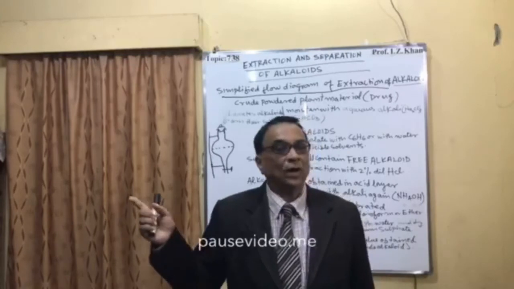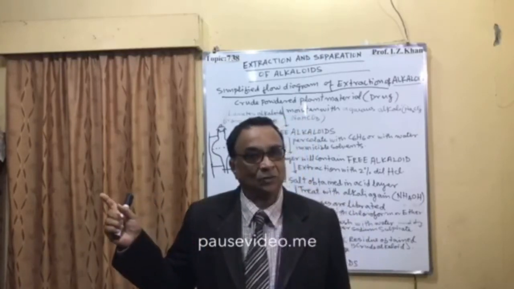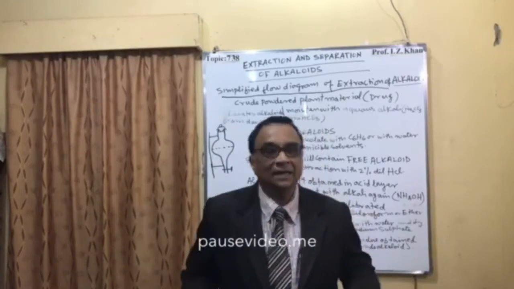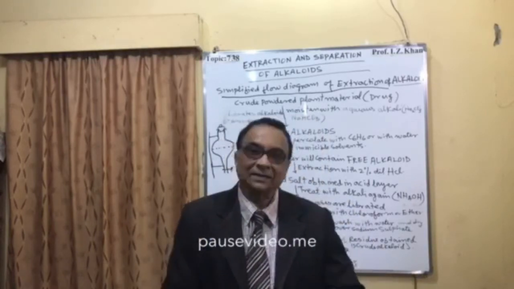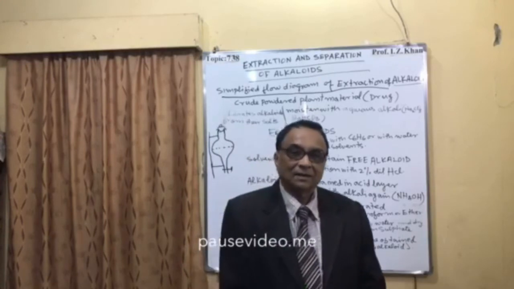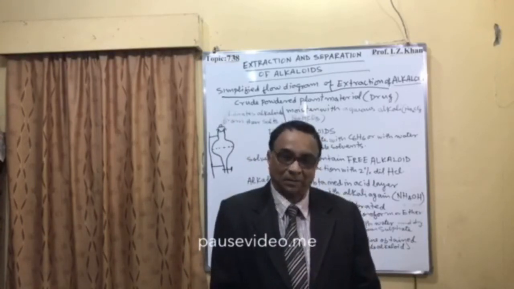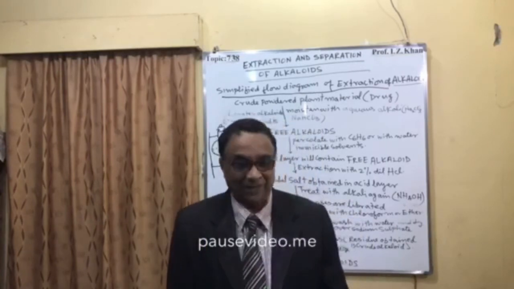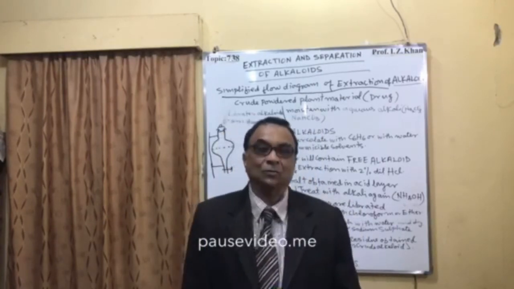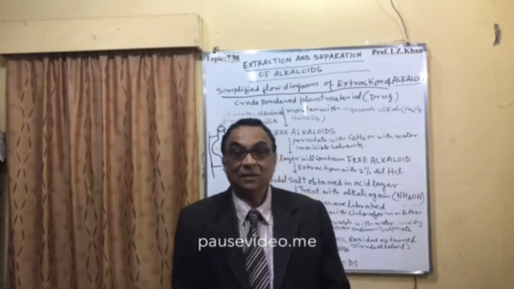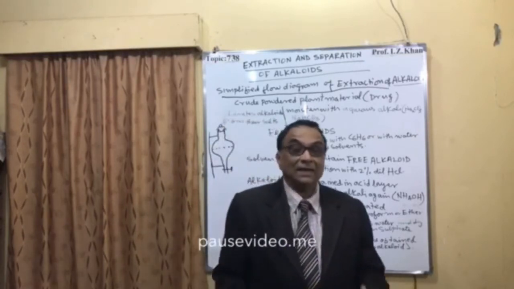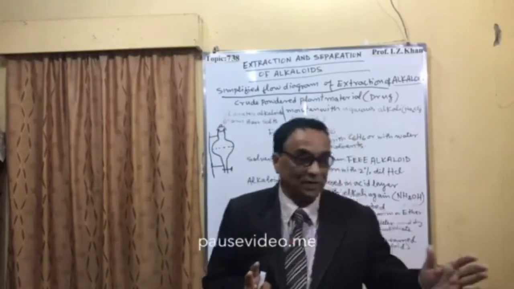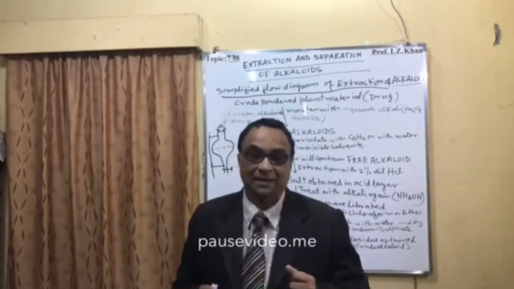I asked, why are you showing that the upper layer is chloroform? He said, sir, it is an organic solvent, and they are lighter than water. Water has density 1. I said, that is the problem. I said, the lower layer is the chloroform layer and the upper layer is the water layer. He was shocked, because sometimes in science you cannot go by assumption. Before doing anything, you read it.